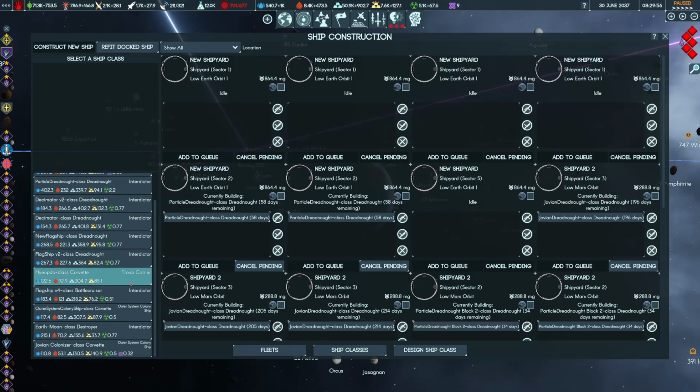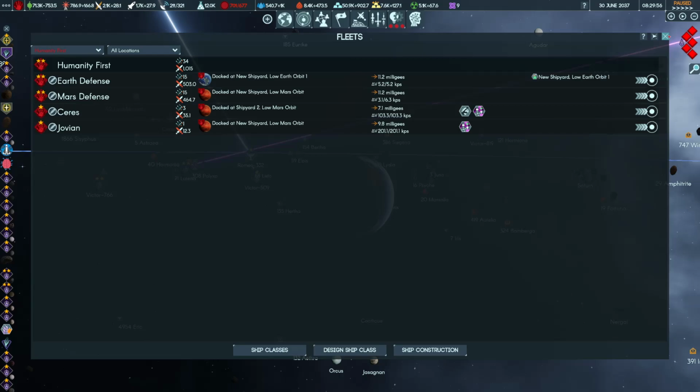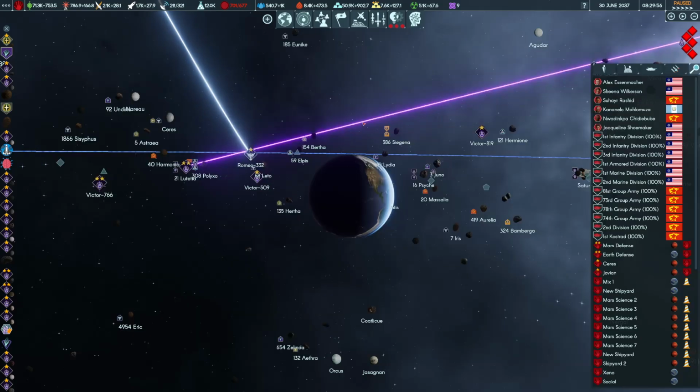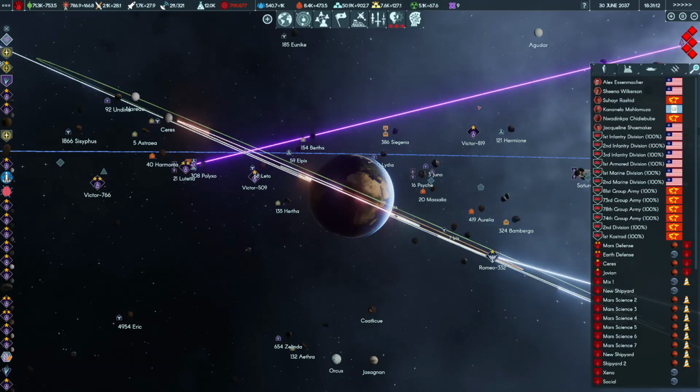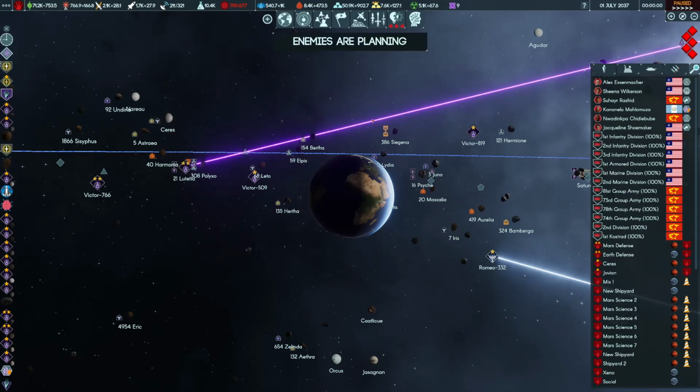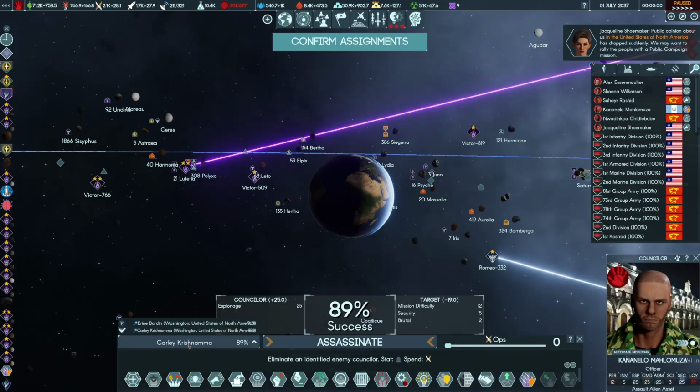We could build more, but I do think that I want to wait for the Tier 3 drives, which we are now waiting for the reactor to unlock. And the reactor is also more efficient, therefore dropping our mass on our ships even further, which is exactly what we need. Okay, now could we already...